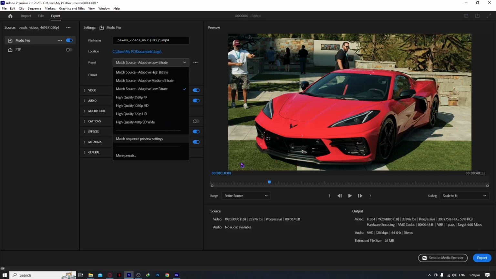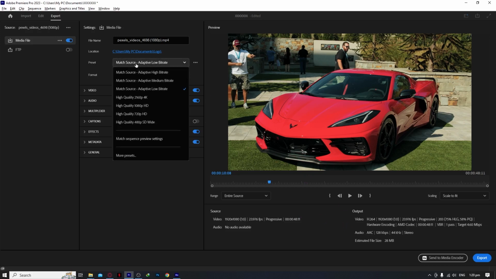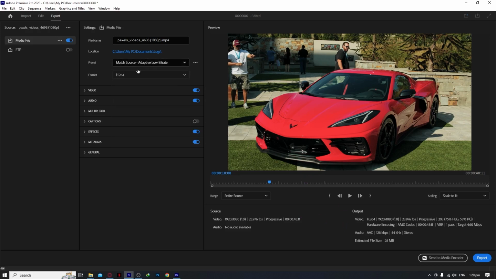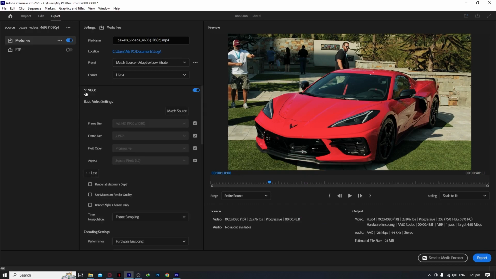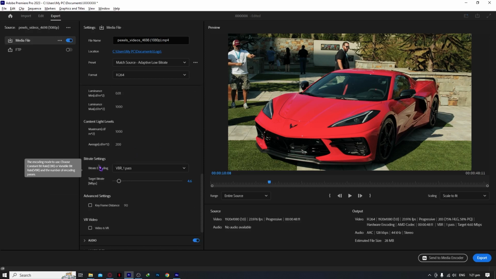in your case. But in my case, since it's just this footage right here, one thing that you can do if you can't lower it right here in the presets is that you can go into the video right here, go below right here, and you can go for the bitrate settings and you can reduce it right here. Since the 26 was our base estimated file size, we can lower it, and as you can see, it's now 14. But be careful when you are lowering the bitrate, because it would also lower the quality, but it's